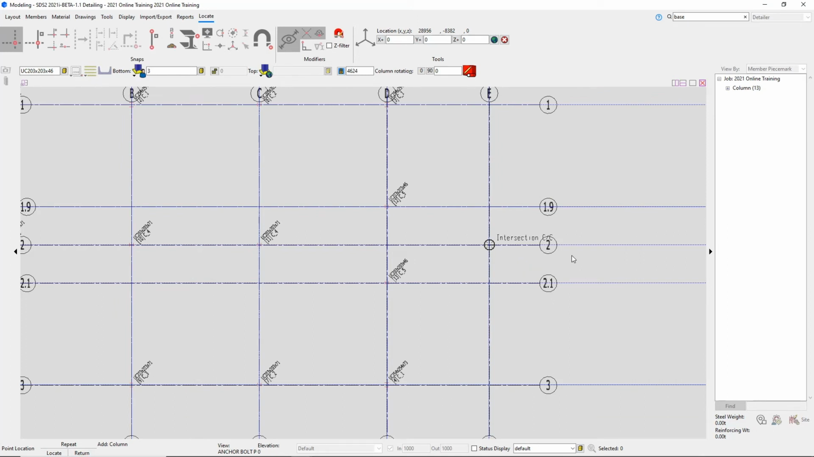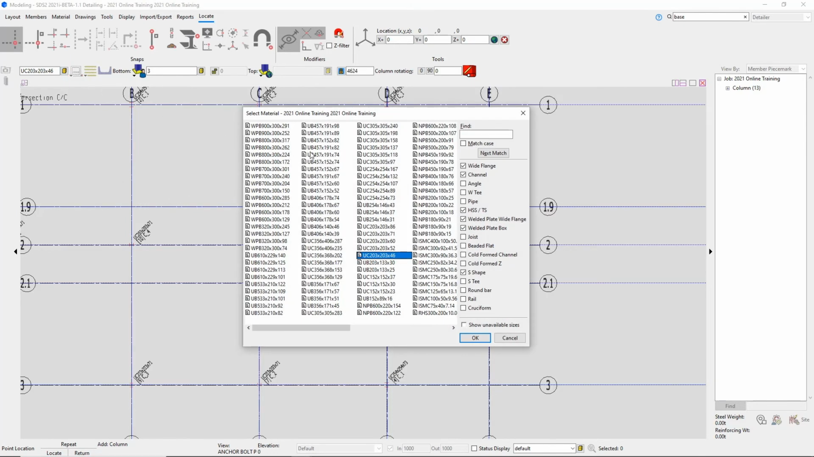And then I will focus to look at our two columns on grid line E and 1.9 and 2.1 as well. So this will be a different section size again. This will be a CHS. So in this case, I'm going to come up here and I'm going to search CHS 114.3 by 4.5. As you can see, nothing is coming up here,